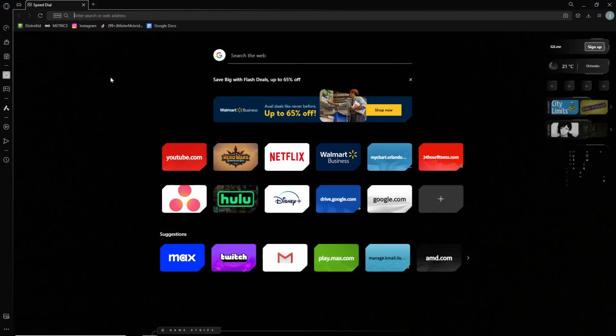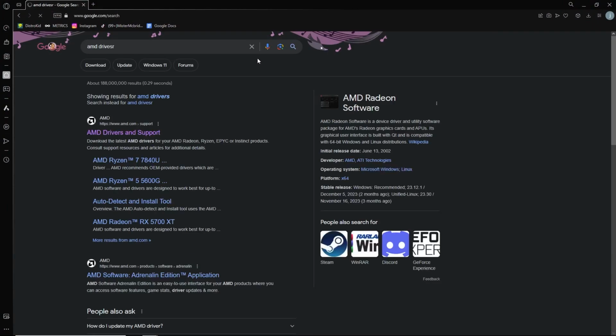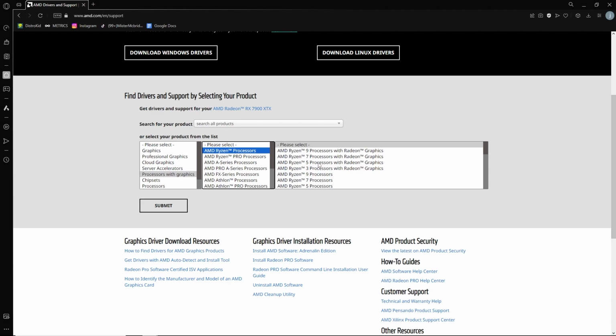We're going to open up any browser of our choice and we're going to look up AMD drivers. Now there should be an option here for AMD.com, AMD drivers and support. Let's press on that. So depending what kind of processor you have, we're going to head on over here. And let's say I have a Ryzen processor